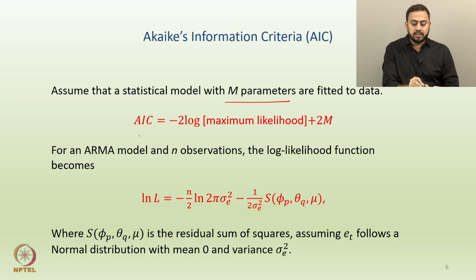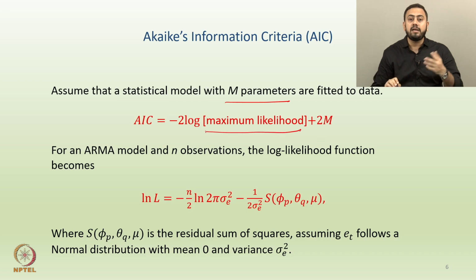So I can write down a short formula for finding Akaike's information criteria, or AIC. In this case, AIC is nothing but minus 2 times the log of the maximum likelihood plus 2 times capital M. So in short, this is minus 2 log of my maximum likelihood function plus 2 times the number of parameters underlying the model. Here I am assuming that you have some knowledge about maximum likelihood, or the MLE technique. MLE is an estimation technique, so if you are not very confident about it, you might want to revise it slightly.